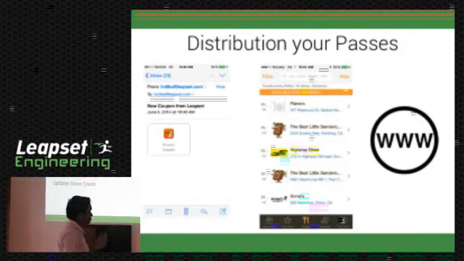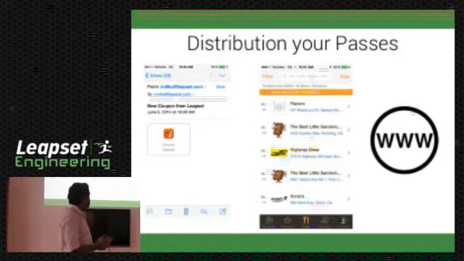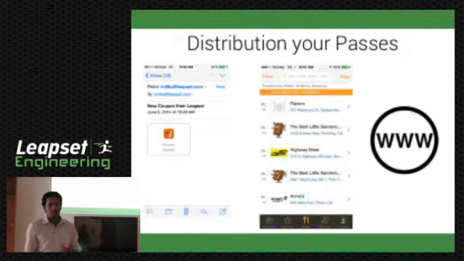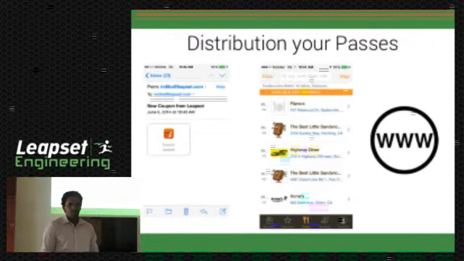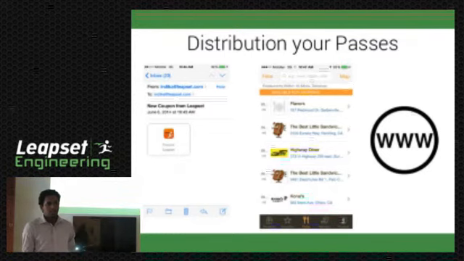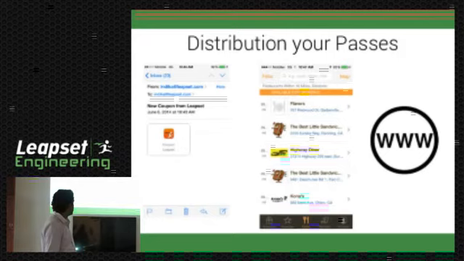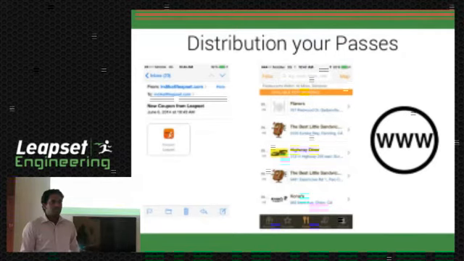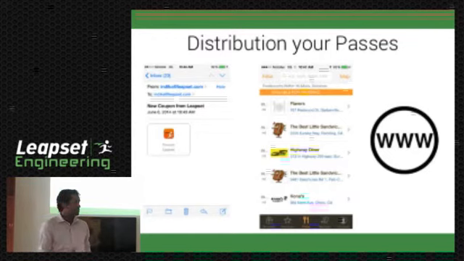Yeah. So, as I said, from time to time you need to update your passes. For example, your flight gate changes, your concert got postponed, and you need to update, say, on your wallet store cards, the remaining balance. So in that case, without any server side, without any client side logic or without any interaction with the server, how do you update a pass that you didn't write any logic for?